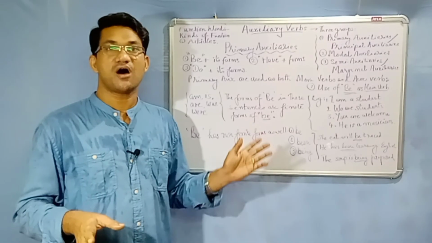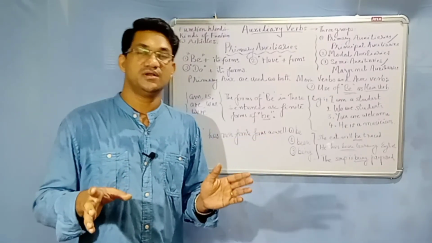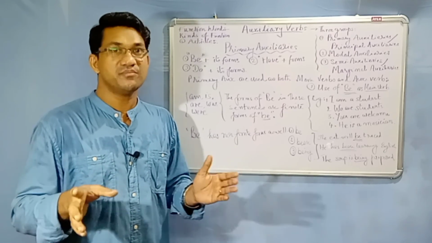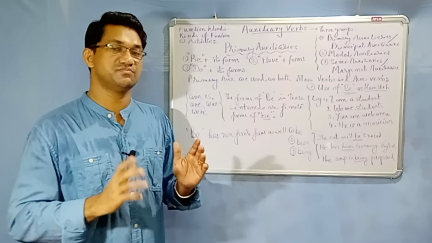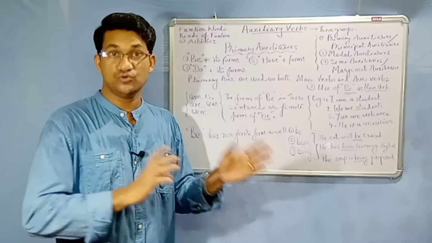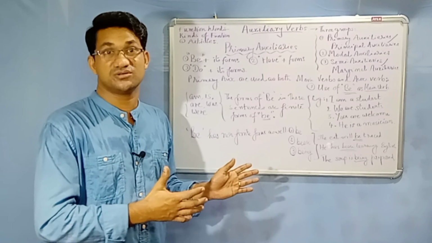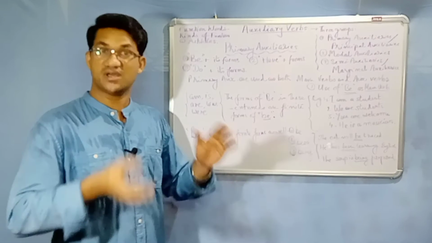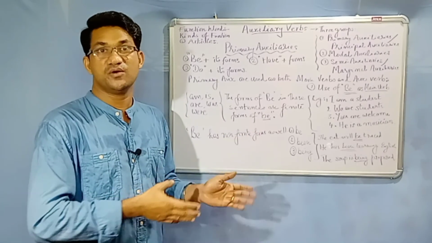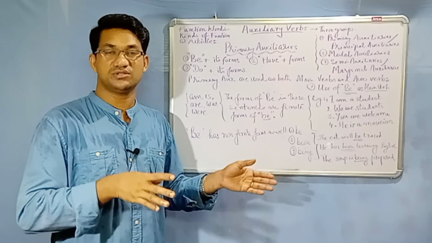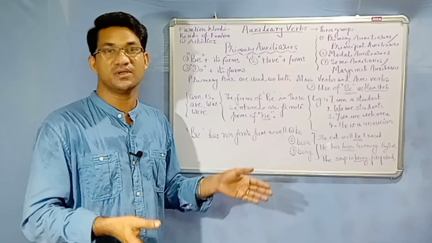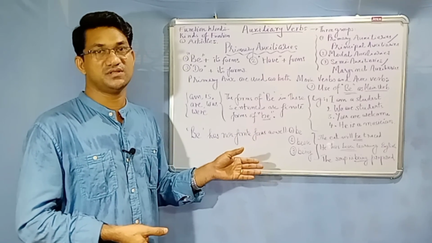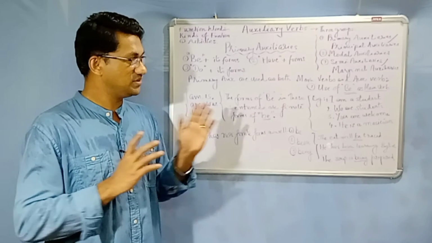And this is, of course, our preliminary discussion of the auxiliaries. To be very precise, we are discussing the primary auxiliaries, and there are three primary auxiliaries: be and its forms, have and its forms, do and its forms. We just began the discussion of the primary auxiliary be and its forms, and we know the different forms of be. We know that this primary auxiliary is used both as a main verb and an auxiliary verb. And of course, we have seen some of the uses of the primary auxiliary be. And with this, we will wind up